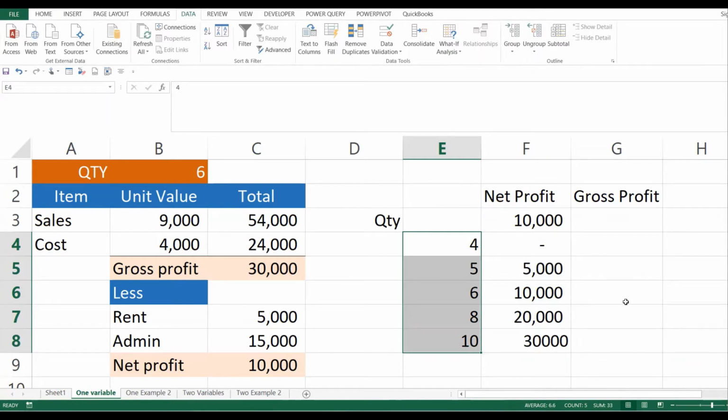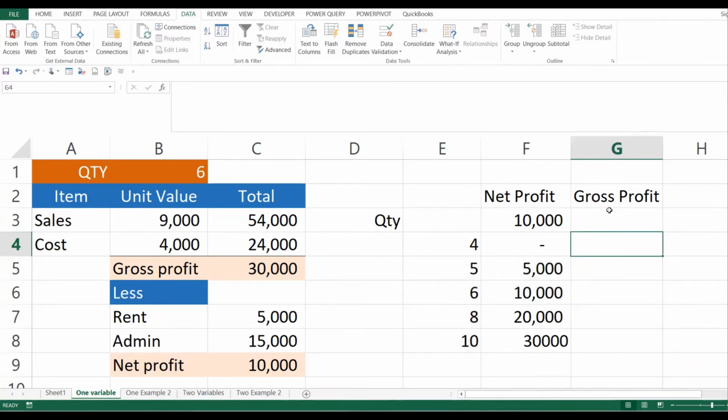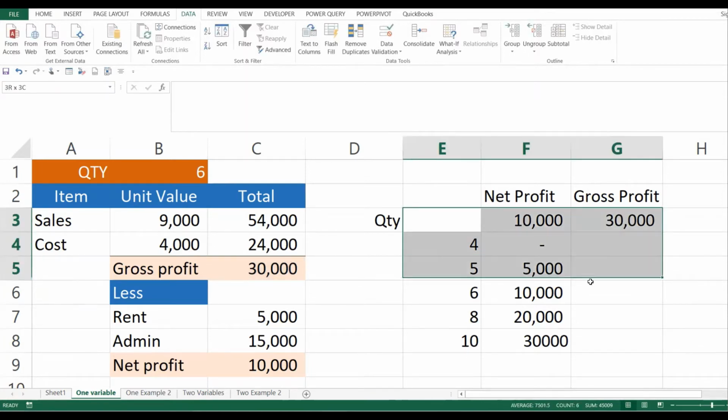Now, we also want to know what our gross profit will be if the quantity is 4, what it will be if the quantity is 5, and what it will be if the quantity is 6. Similarly, we come here. Where in our model is our gross profit cell? We link it first to our gross profit here. After we have done that, we highlight this and come to Data, What-If